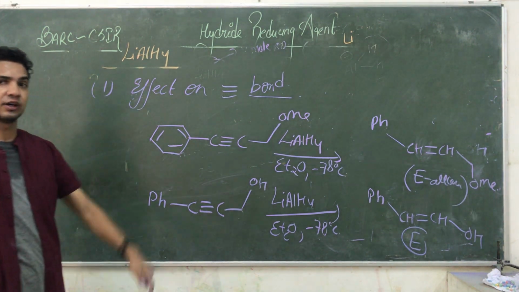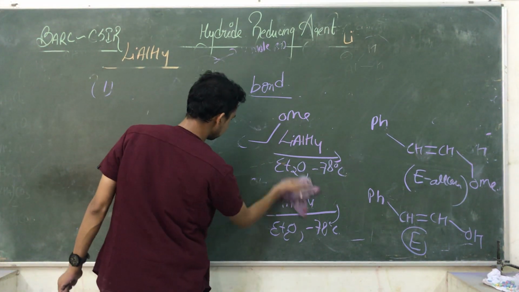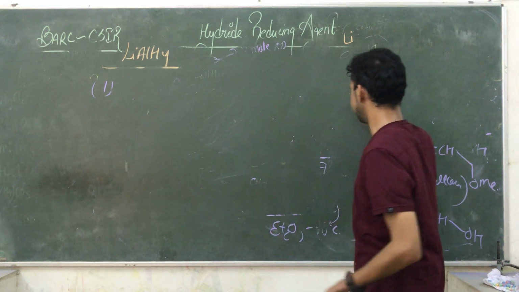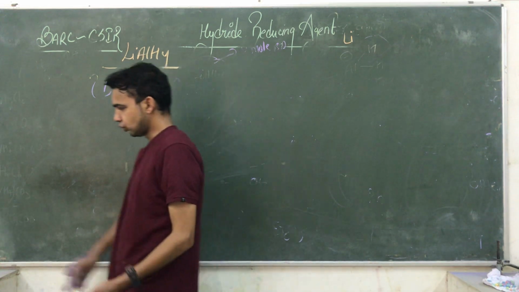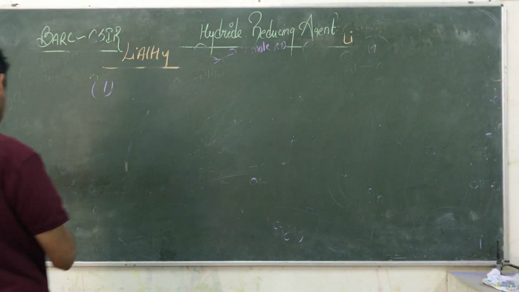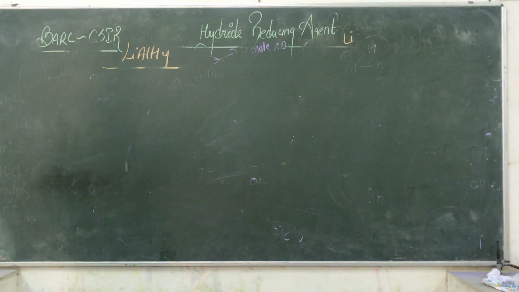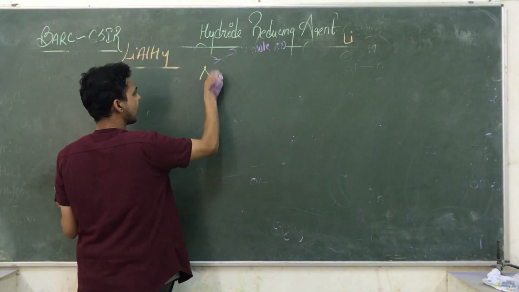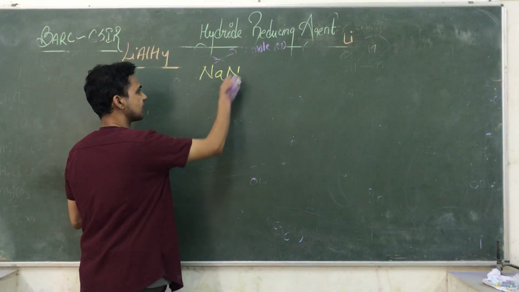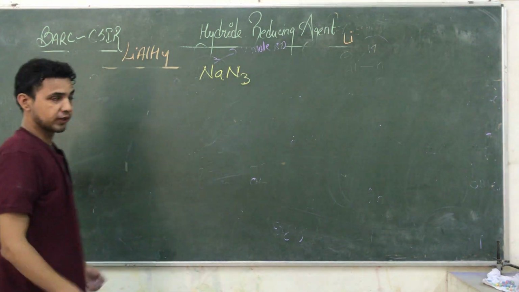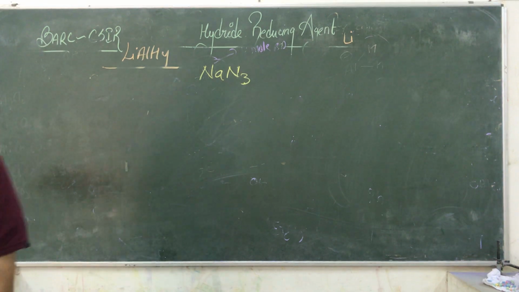Again, another type of reaction given by lithium aluminum hydride is affecting the amide group into amine. It is helpful to convert an amide into an amine. So that is amide into amine. So amides, or we say the azide groups. Azide is NaN3. NaN3 is known as the azide. Okay, so here the reaction takes place of these amides into this azide.